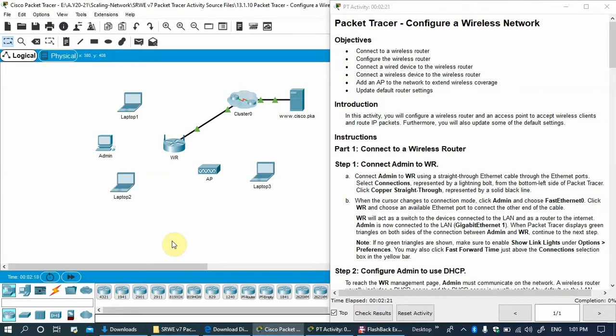So today, Packet Tracer activity 13.1.10, configure wireless network. This Packet Tracer activity is very simple, straightforward, and very important. Why is it important? Because everyone uses a wireless network or wireless router for internet usage. So all people have this wireless network. Today's activity is very simple, with no configuration and no commands, just a GUI interface where we need